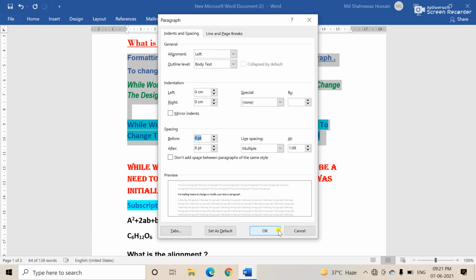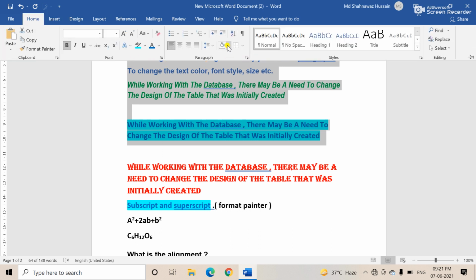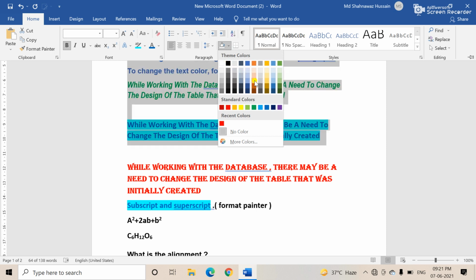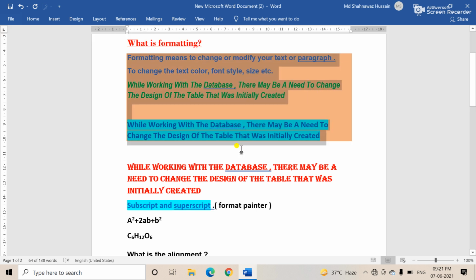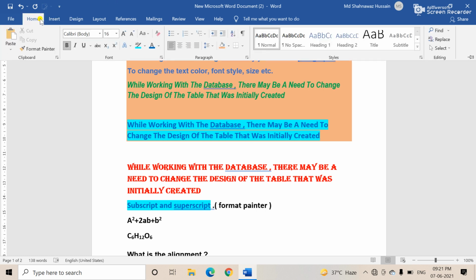So this is the use of paragraph spacing. And next, see, there is color, the background color is coming. Choose your work area, the color comes in the background. Okay, so I hope all of you understood.